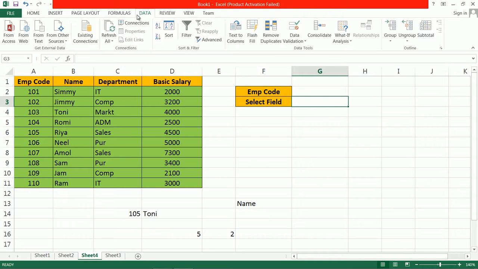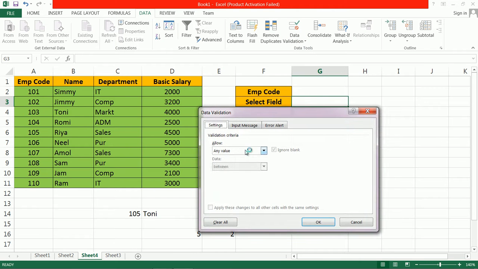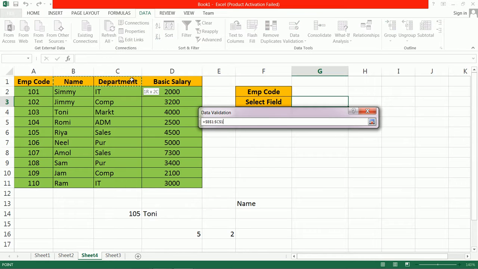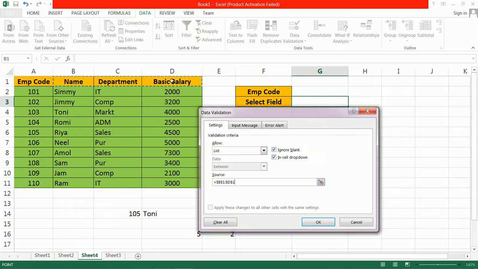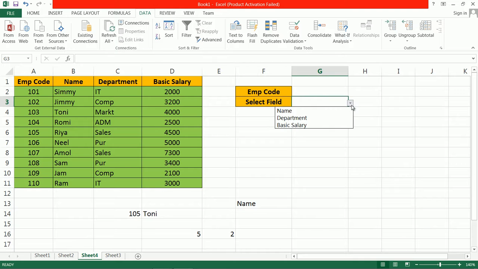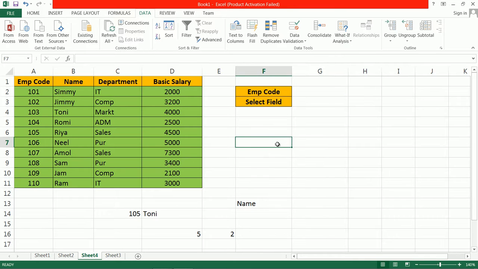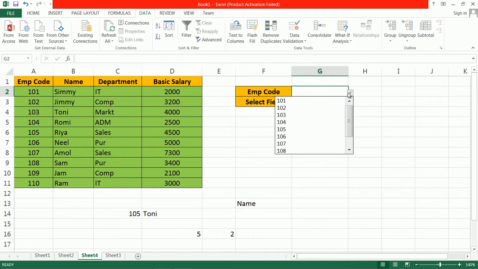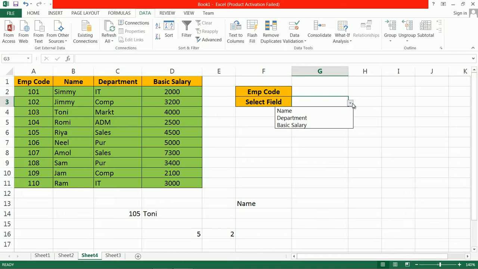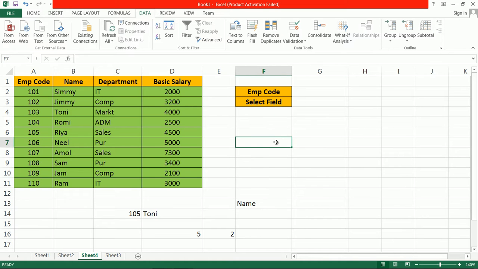Again go to data validation, list and select the range of columns. Okay, we don't want employee code, we want name, department and basic salary. Now we want to search a record through employee code. If we select the employee code and select the field name, then it will show the record.